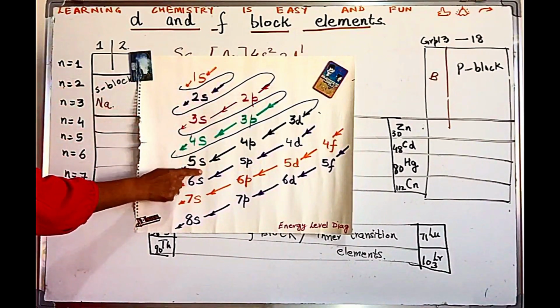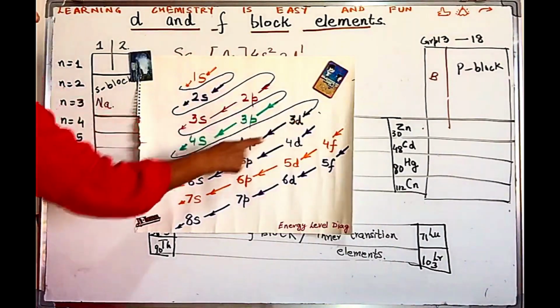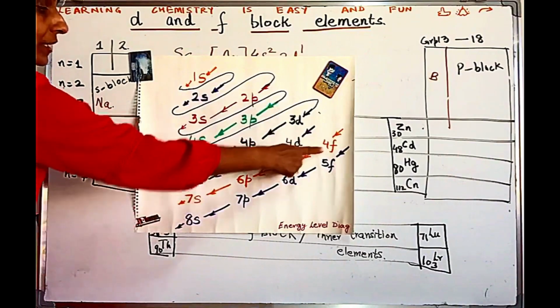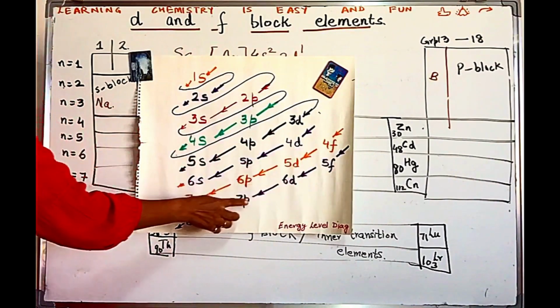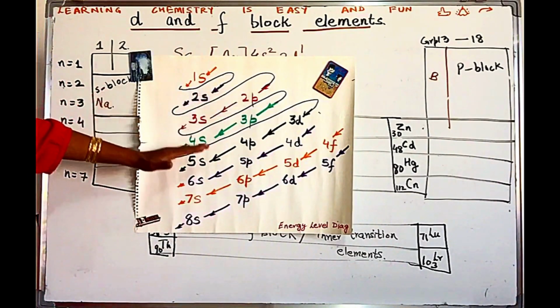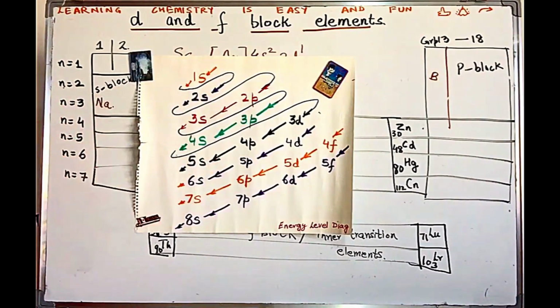orbitals are filled up. 1s, 2s, 2p, 3s, 3p, 4s, 3d, 4p, 5s, 4d, 5p, 6s, 4f, 5d, 6p, 7s, 5f, 6d, 7p, 8s. I have done these in separate colors, so you advance from one color to the other, so it's easier to recall. Not easier to learn. Learning has to happen like that, but it's easier to recall when you relate it to